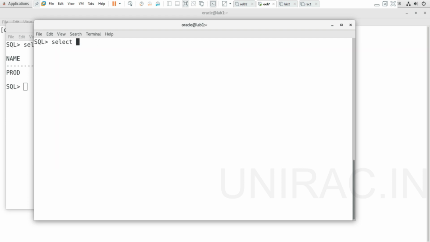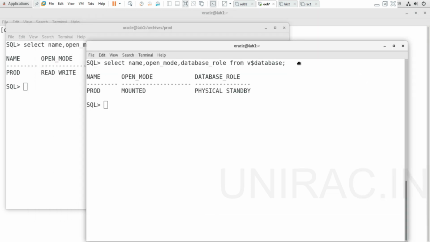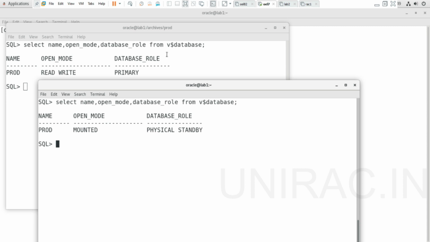You can verify the name and open mode from v$database. Also verify the database role from v$database. It's a physical standby database, so we have two databases, one primary and one physical standby.